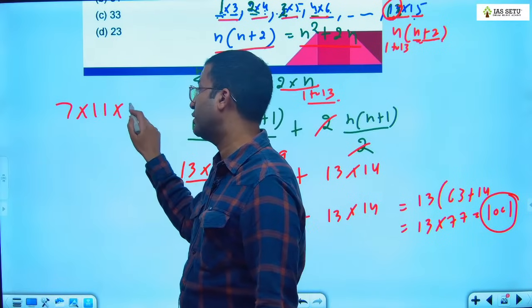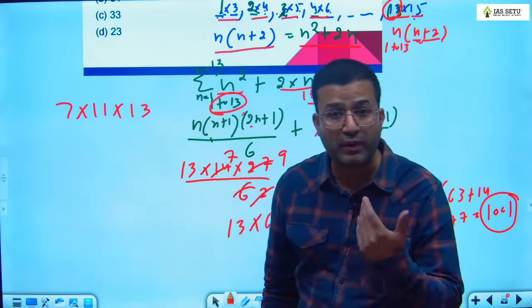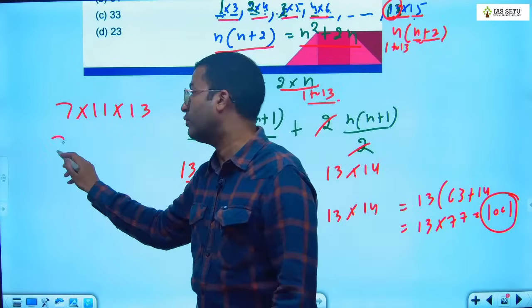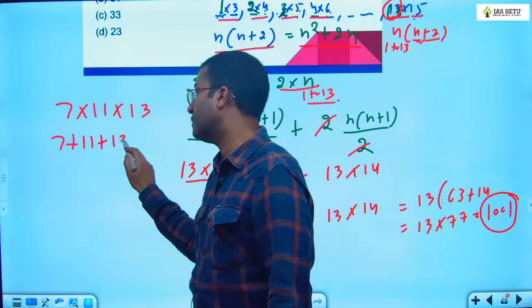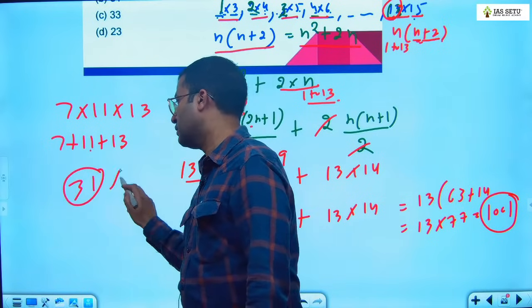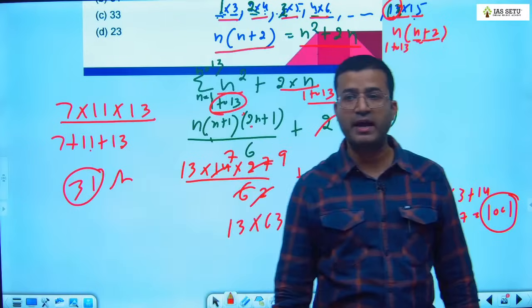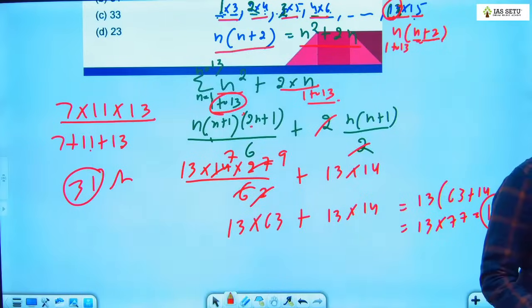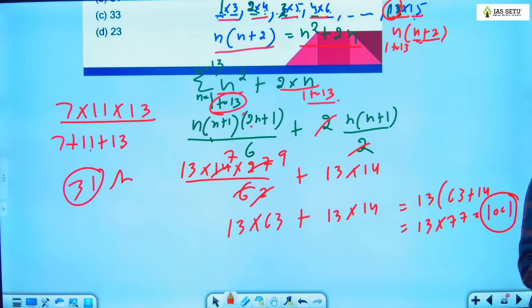What is 1001? 7 into 11 into 13. What is the sum of the prime factor? These are itself the prime factor. So what is the sum? 7 plus 11 plus 13. So it is answer 31. प्राइम फैक्टर ये हो गया आपके 7 की पावर 1, 11 की पावर 1, 13 की पावर 1, दीज आर द प्राइम फैक्टर। व्हाट इज द सम ऑफ द प्राइम फैक्टर? 7 प्लस 11 प्लस 13।